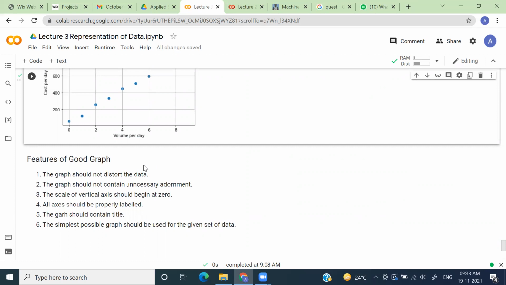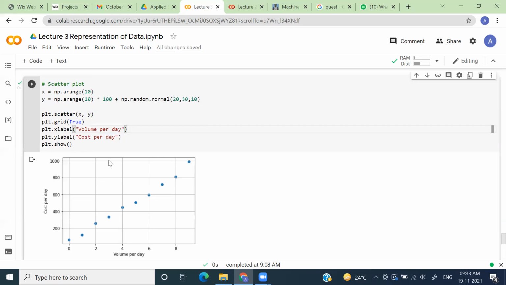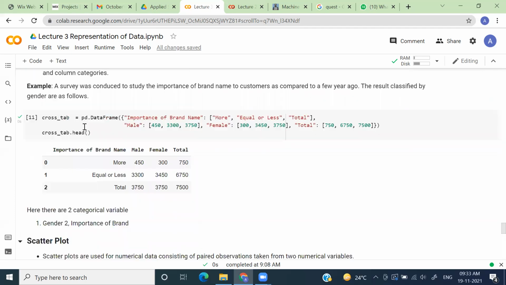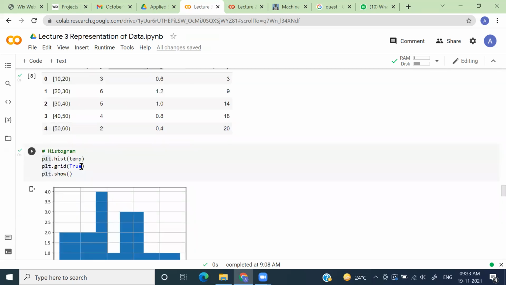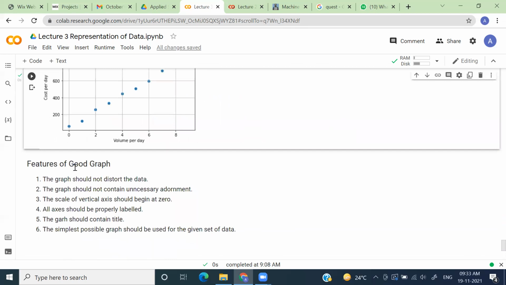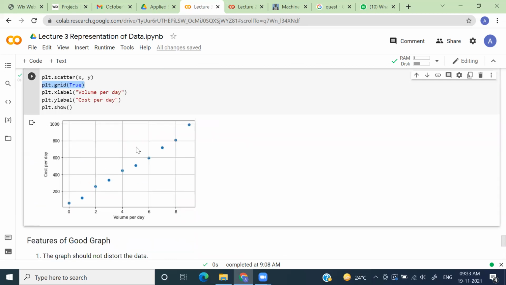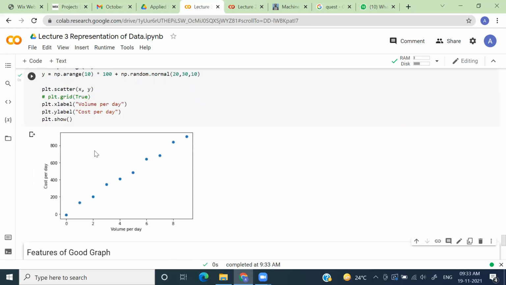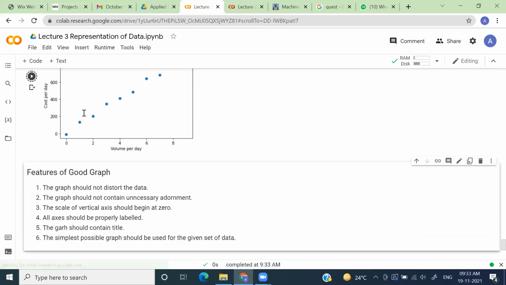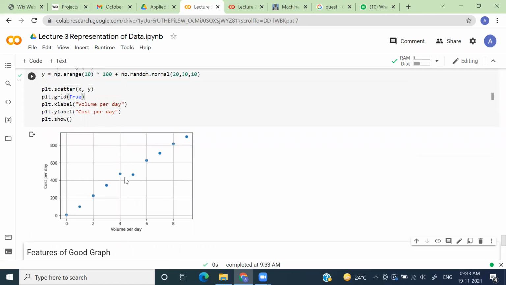Ashutosh, I was asking you one question. Can you scroll up? Can you explain what it means, like grid is true? So this is something which you must have seen in all of my visuals. Here also you must have seen grid equal to true. This is nothing but, if you want to draw horizontal and vertical lines, you typically use grid. If I don't use this grid, you'll see that those lines will not come, right? So it just helps the user understand the data well.